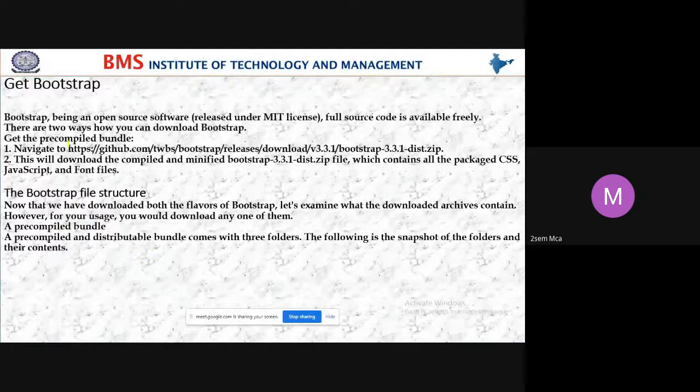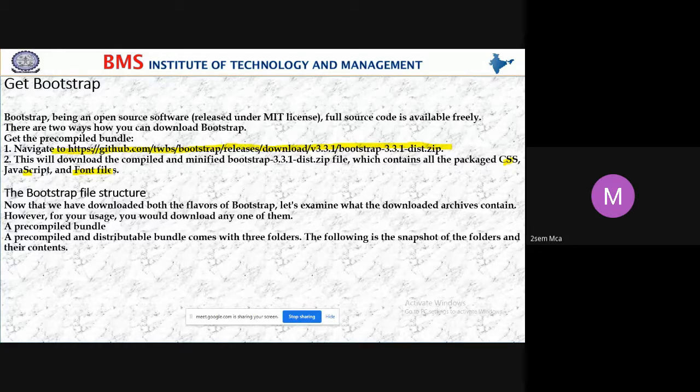Using this path, you can download Bootstrap, and once you download it, you will get a zip file. That zip file contains three folders: CSS, JavaScript, and font files.